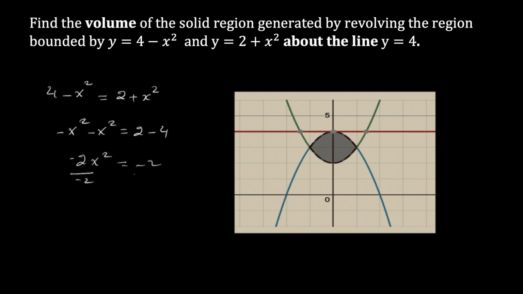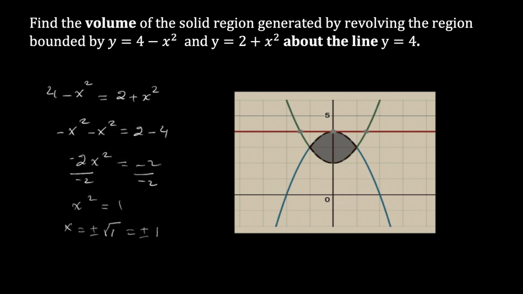Divide by minus 2 on each side. You get x squared equals 1. And then x is equal to plus or minus the square root of 1, which is equal to plus or minus 1. So now we know the boundaries for the integration, but we need to find the outer radius and the